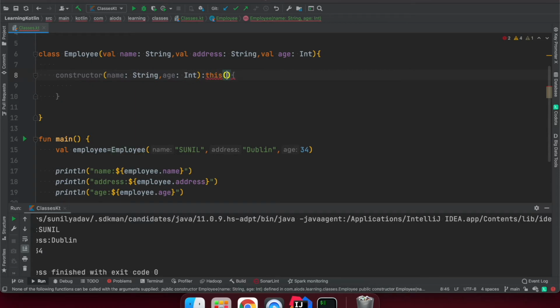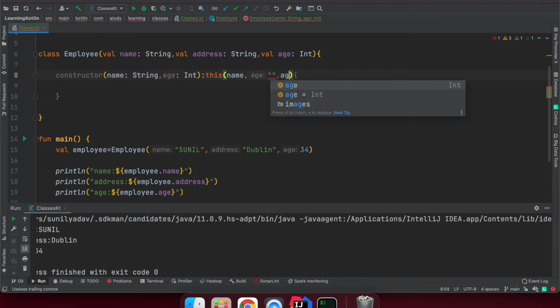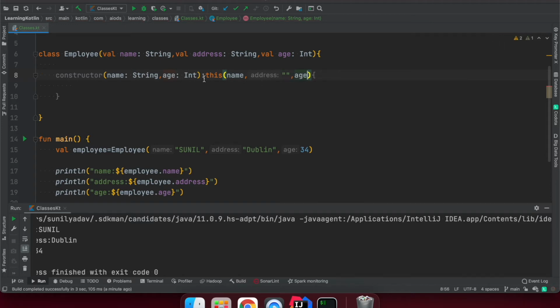I need to pass our parent constructor values. I'm going to say name, comma, address we are missing here, so we can pass some blank value, okay, and age. Now it's working fine. So I'm passing two parameters, name String and age Int, and this is the default value I'm passing.